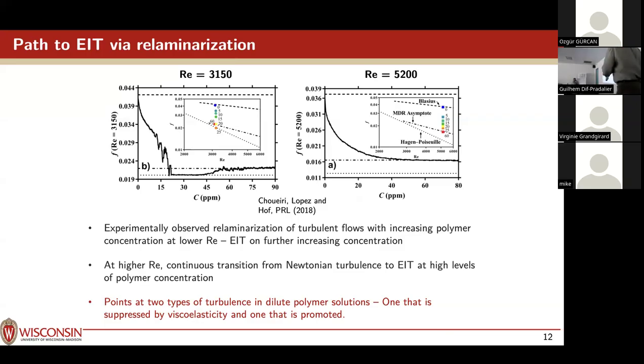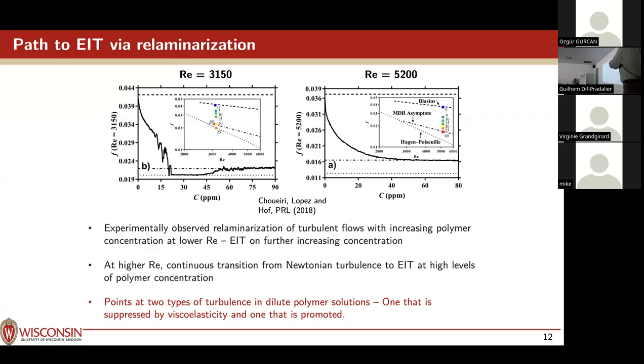All right, and this is at Reynolds number 3150 to start, Newtonian turbulence. They eventually found in this intermediate concentration regime that you relaminarize, and then at higher concentration you go back to some new fluctuating, non-laminar state. You go up to Reynolds number 5200, you don't see this relaminarization. Okay, so you just have this smooth transition between the Newtonian friction factor and the